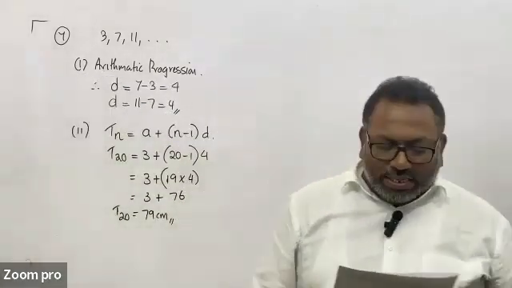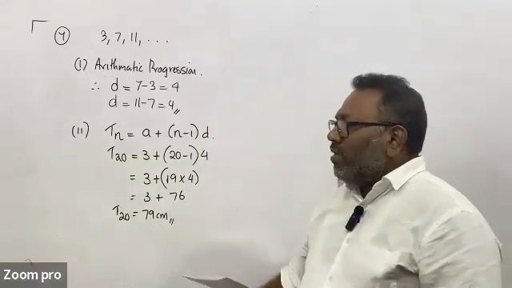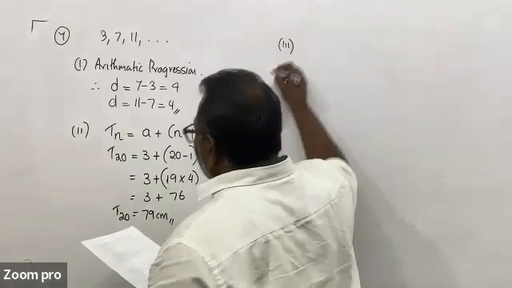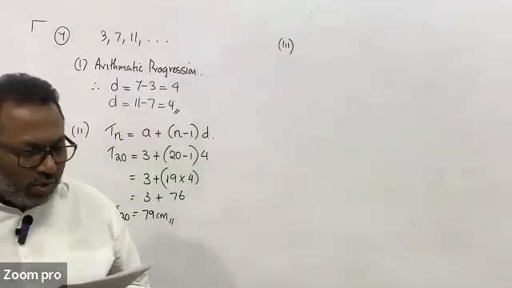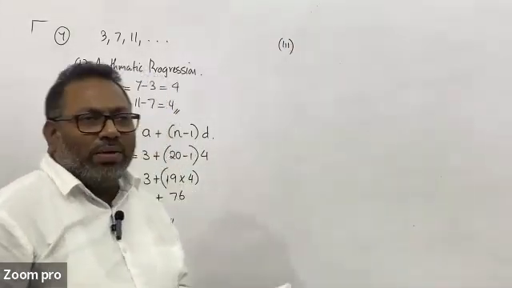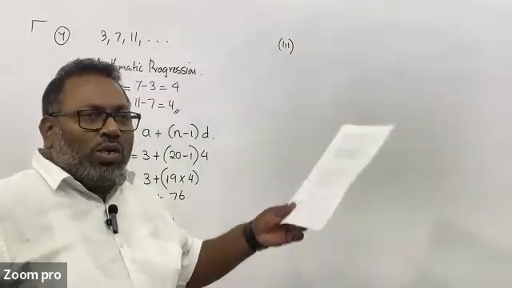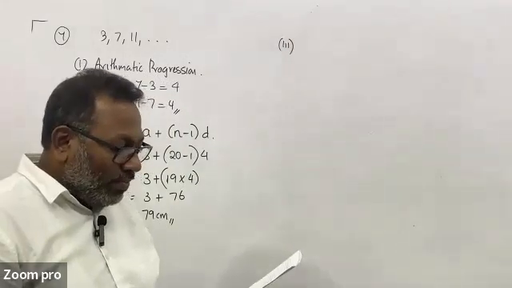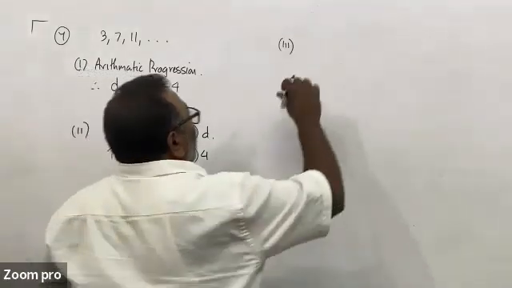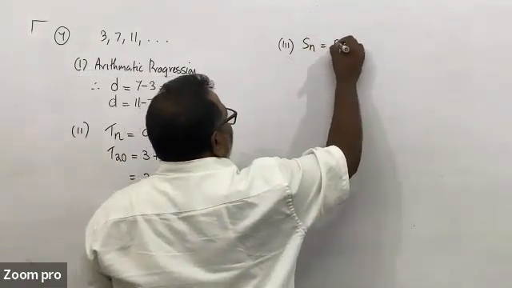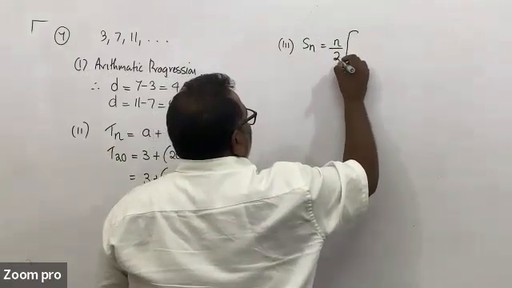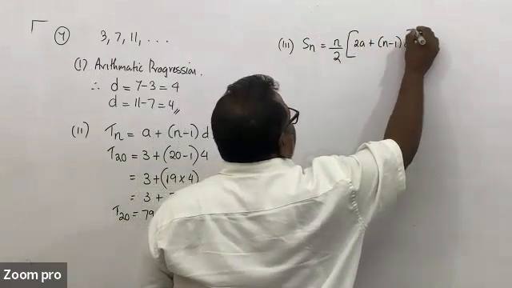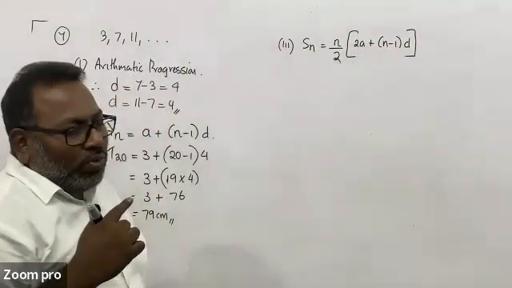Okay. How long is it? Find the length of the 20th piece of ribbon. 79 centimeters long. Right. Then in the third question, they're asking you to find the total length required to cut the 20 pieces. So how much ribbon in total do you need for the first 20 ribbons? Right, so for the first 20 ribbons, you can use Sn is equal to n over 2 into 2a plus n minus 1 times d. You can use this formula